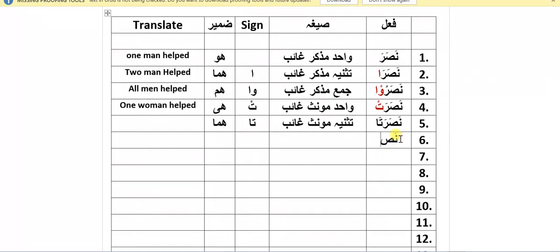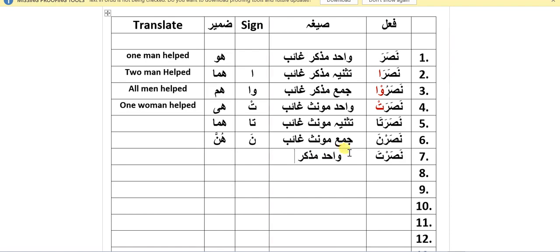Then nasarna, jama muannas gayab. Noon having fatha on it is a sign and hunna is a zamir which represents jama muannas gayab. Then nasarta,